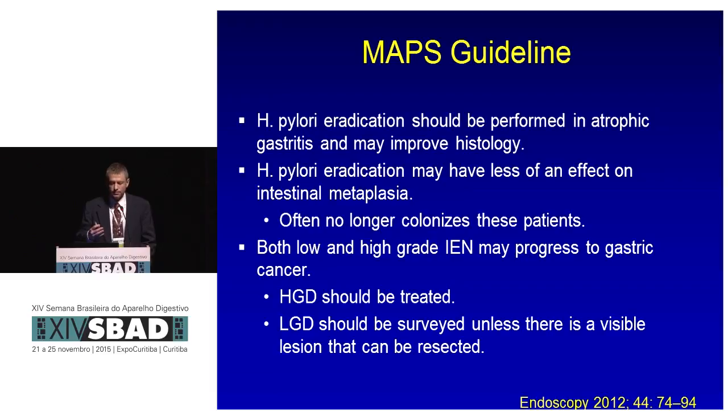If you find a low or high-grade dysplasia, definitely endoscopic surveillance is recommended, and high-grade dysplasia should be treated endoscopically, typically with endoscopic mucosal resection techniques, EMR, or endoscopic submucosal dissection, ESD. For low-grade dysplasia, if you see a defined lesion such as nodularity, again, that should be treated with endoscopy. If it is in flat mucosa, then that patient needs to be surveyed.